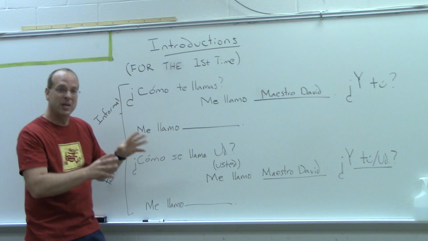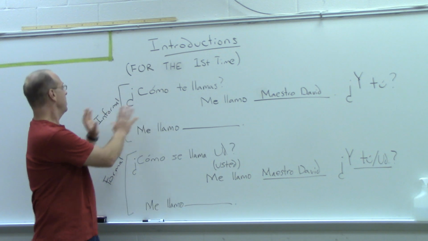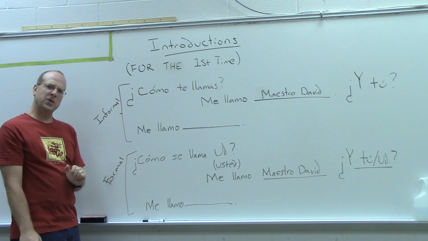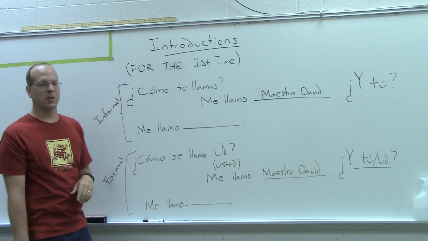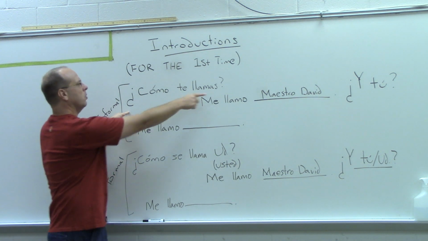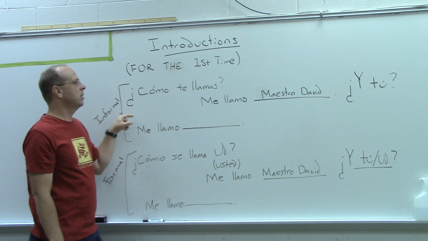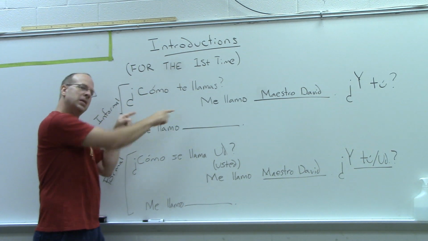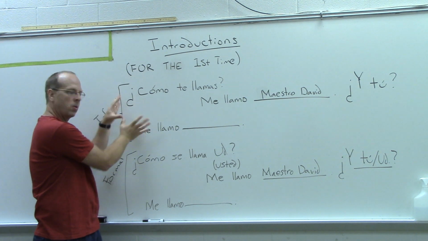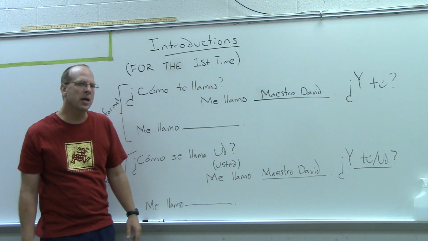Alright, so when you're meeting somebody for the first time, and hopefully remembering their name forever, you ask them in an informal situation, ¿Cómo te llamas? Or spoken more smoothly, ¿Cómo te llamas? Now look at how I've set this up. The question mark starts at the beginning here. ¿Cómo te llamas? It's not ¿Cómo te llamas? It's ¿Cómo te llamas? So as soon as you see a question mark, that's why in Spanish it's at the beginning of the question. ¿Cómo te llamas? And that's asking, what is your name?